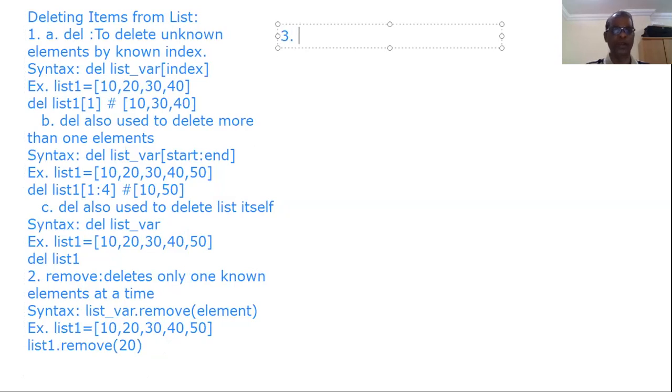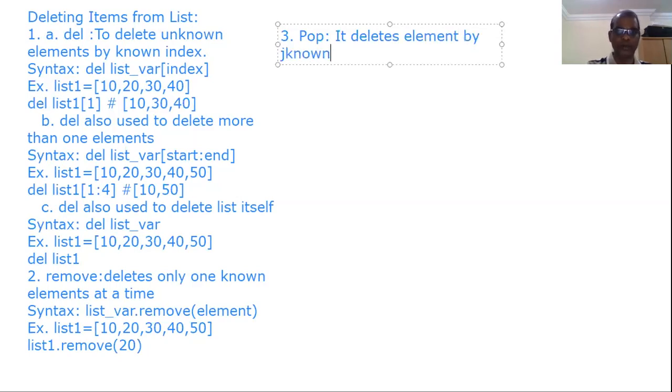Third one, that means pop. It deletes an element by known index and also returns the deleted element.